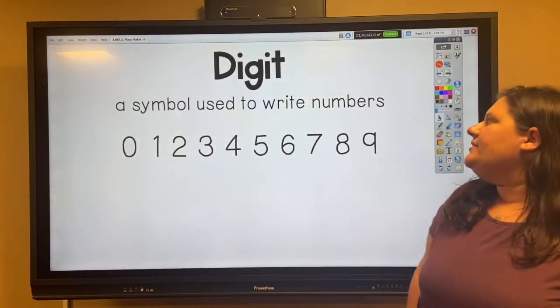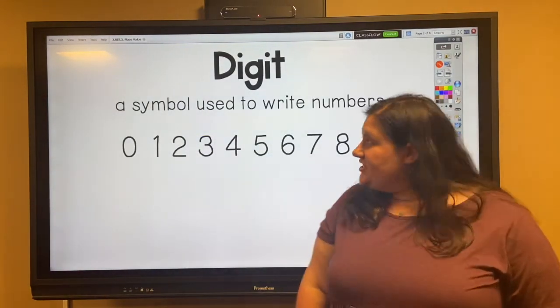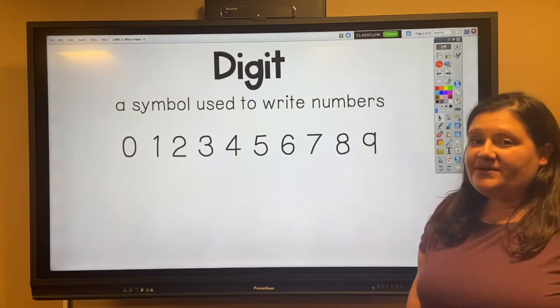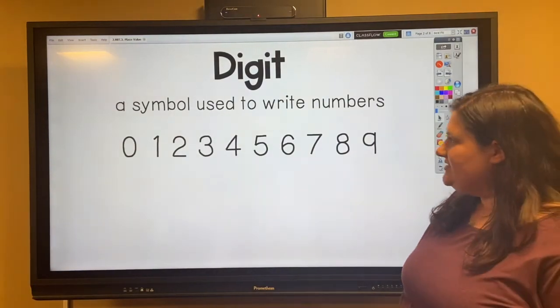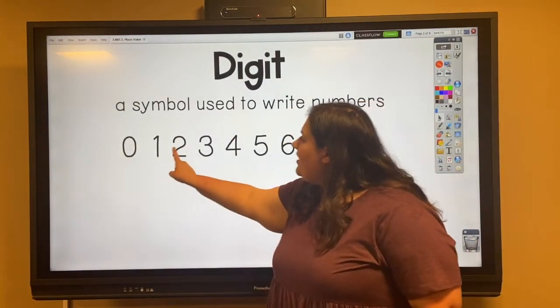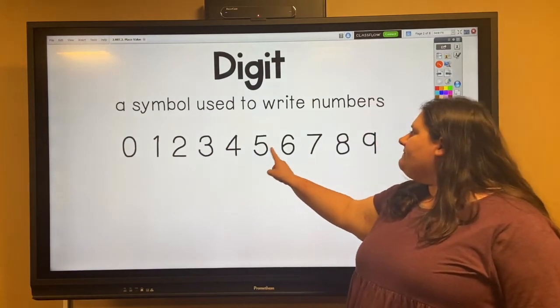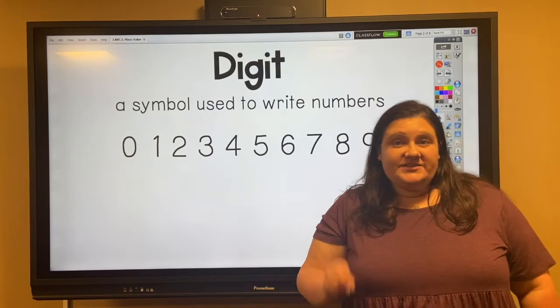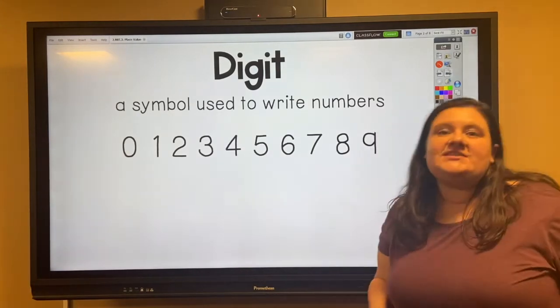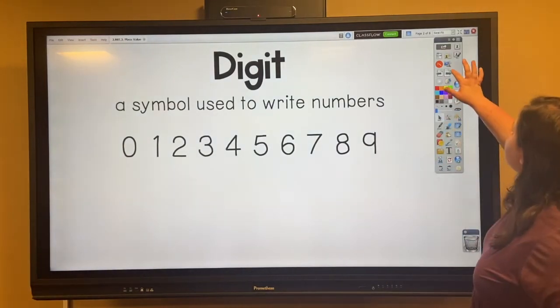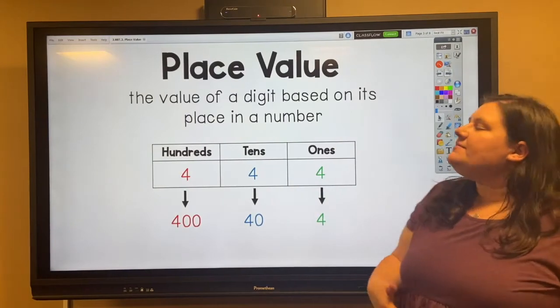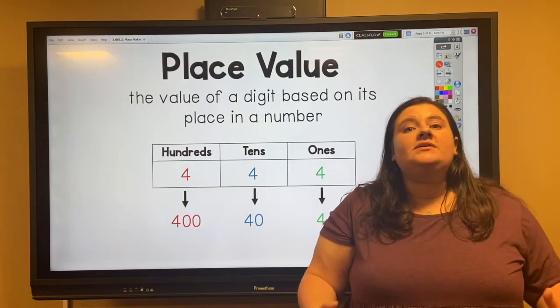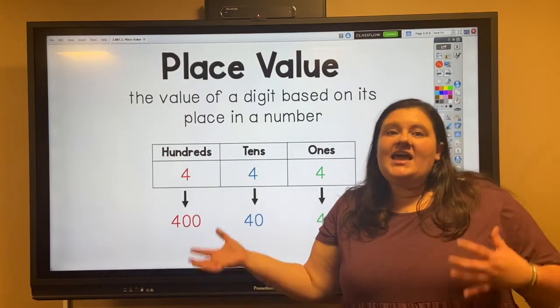Our first vocabulary term is digit, and a digit is a symbol that is used to write numbers. So you're probably very familiar with these numbers, but 0, 1, 2, 3, 4, 5, 6, 7, 8, and 9 are different digits, and where they're placed in a number tells you how much they are worth. So when we're talking about place value, we're talking about where the digit is placed and how much it is